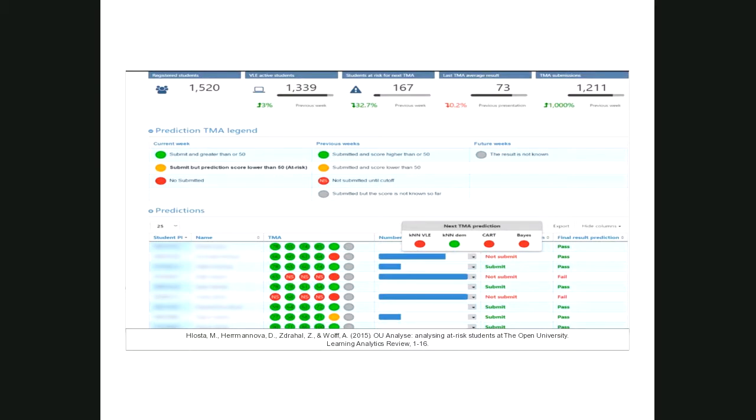So the difficulty is, how can we on the one hand encourage our teachers to look at this kind of data on a frequent basis, but also allow them to translate this data in terms of their own mental models and what they know about their students? Because sometimes our analytics might indicate a student as red, but a teacher would know, oh yeah, John is just going on a holiday for 4 weeks, and thus the system might pick up that John hasn't logged into the environment, but actually that's perfectly fine because I know that John will catch up once he comes back from Australia.